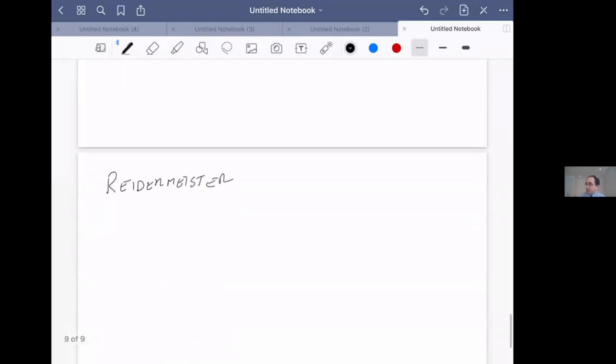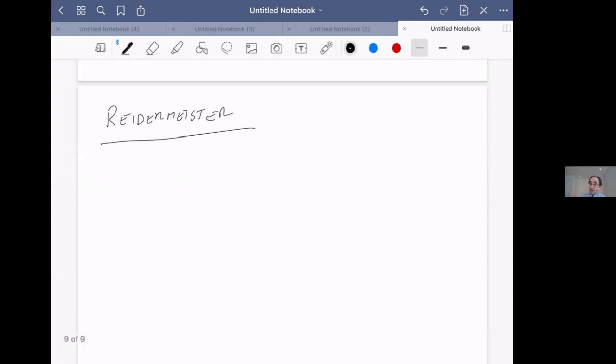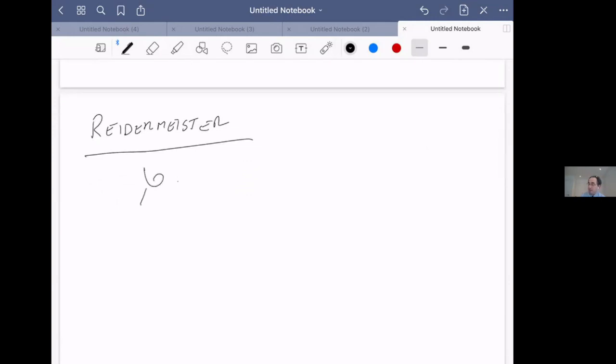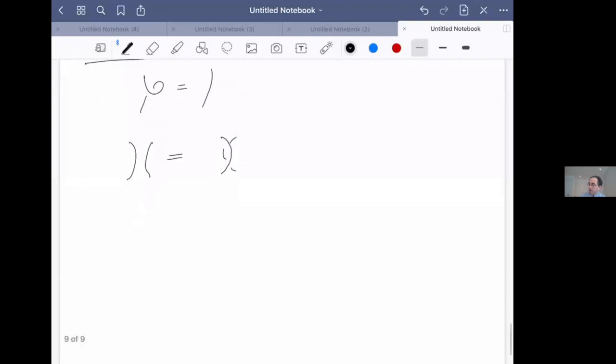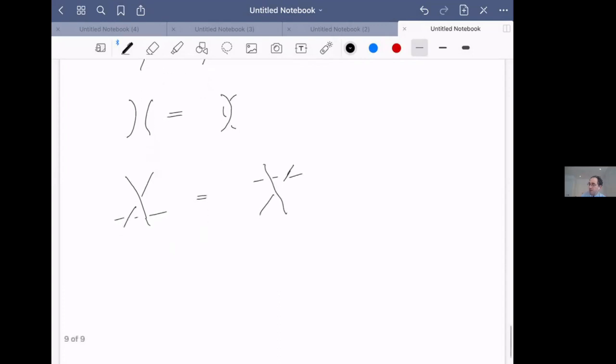But up to that, Reidemeister showed the following statement, that for knots, two knots can be turned into each other with this move, which we're not going to allow ourselves to do, this move, take two things like this and turn them into this, or this move, where you take a crossing, and I think I drew these before, and then you move this behind to above like this. And then similarly, there's one